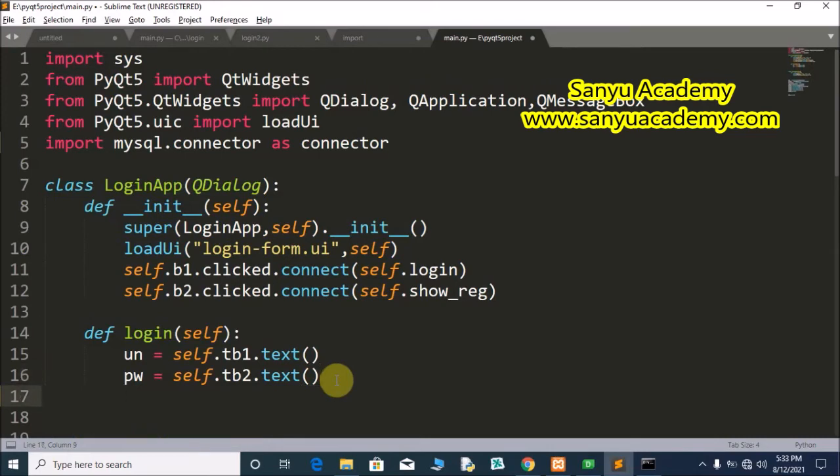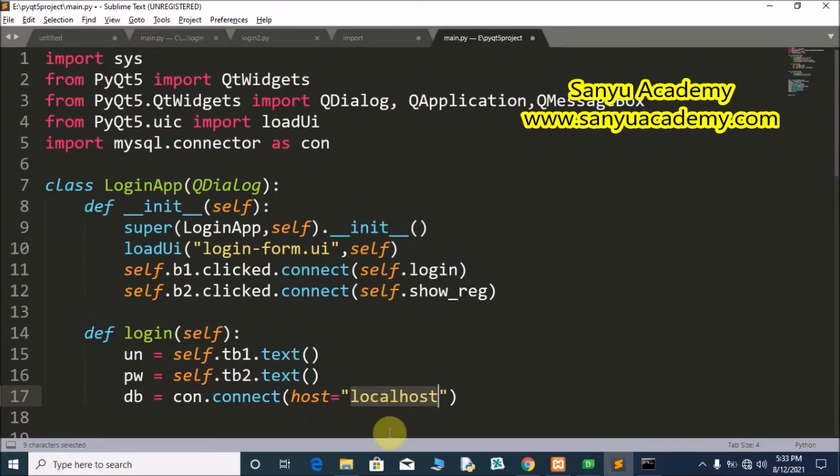I am going to create a variable db is equal to con dot connect. Con is the connection object. Here change it to con, not connector. Here it is con dot connect, open bracket. We have to provide the username, password and the host name. Host is equal to localhost, because the SQL server is running in the same machine, in this machine, so I am providing localhost.